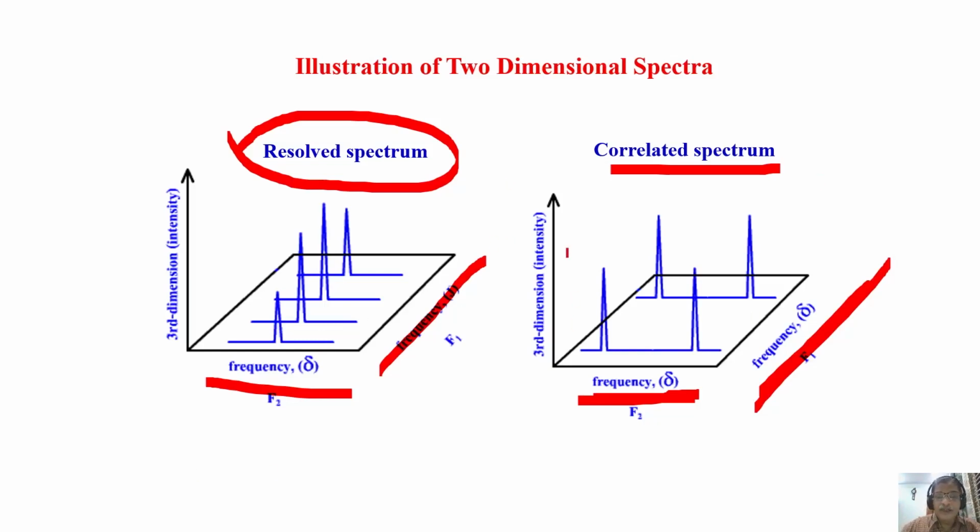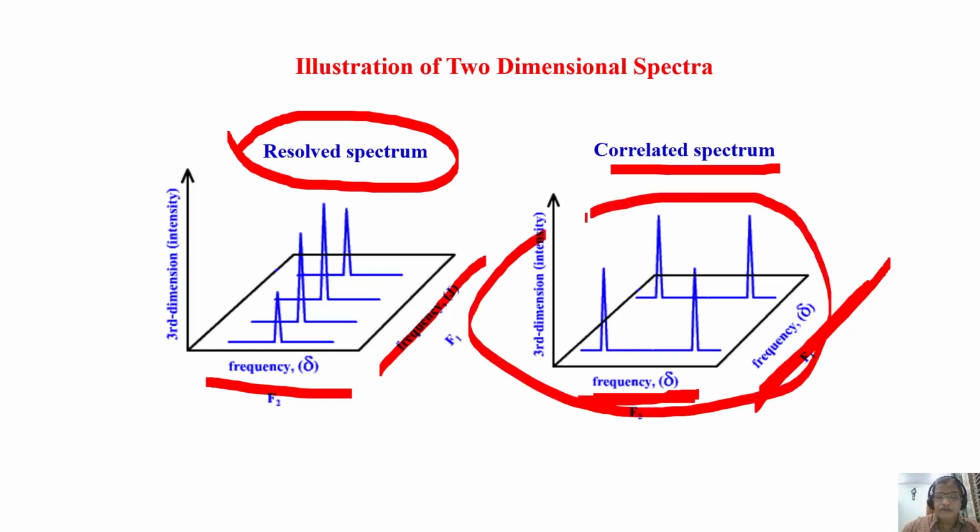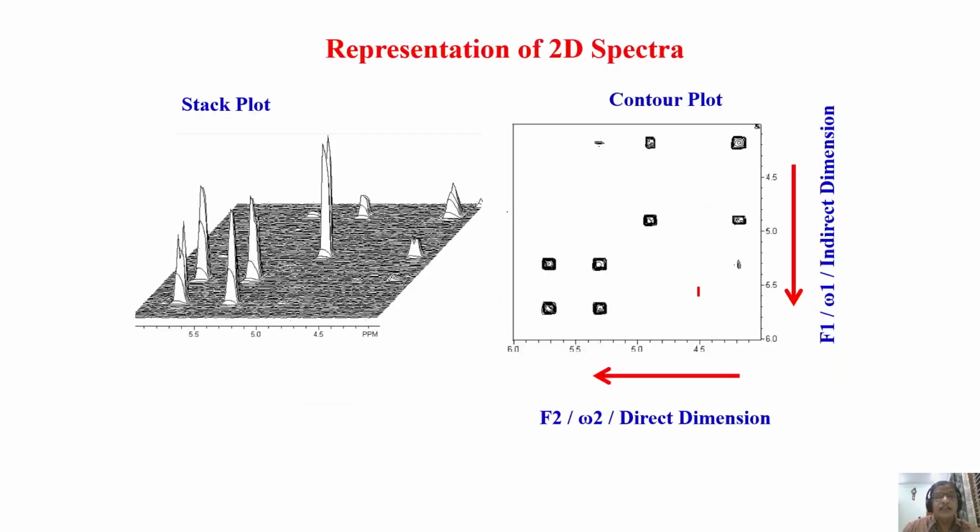You can define the number of T1 points or incremental points and have a stack plot of the 2D or 3D spectra. But remember, this is okay for 2D. You can have a stack plot. How do you want to have a 3D? Very difficult to see and imagine. As a consequence, it has been